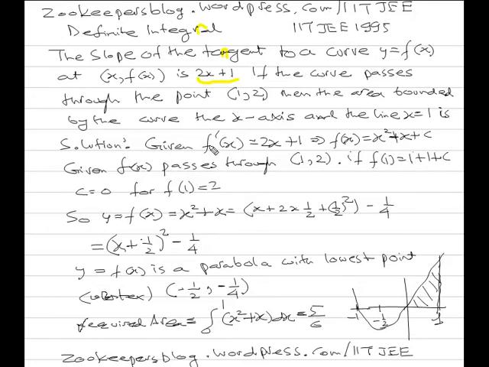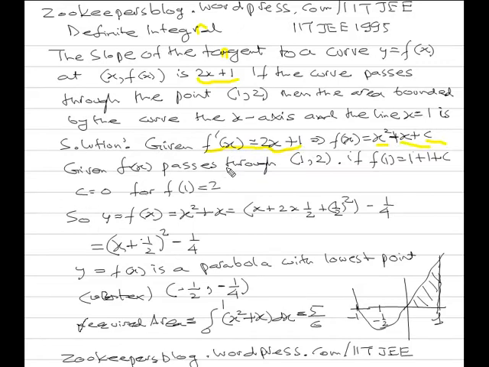So it is very clear that f dash x is 2x plus 1. So if you integrate this, then we will be getting f(x) is equal to 2x integral is x square, 1 integral is x, and then obviously you will have an unknown constant c. Obviously it will be x square plus x plus c.